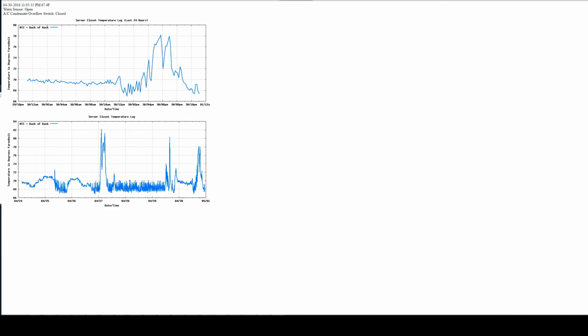I thought I would give a quick overview of our environmental monitoring system for our very small data closet, particularly given that we've been having AC issues recently, as you can probably see in this graph. We have our set point set to 70 degrees. When it's warm outside and the AC is running, like today, it generally maintains right around 70 when everything's operational